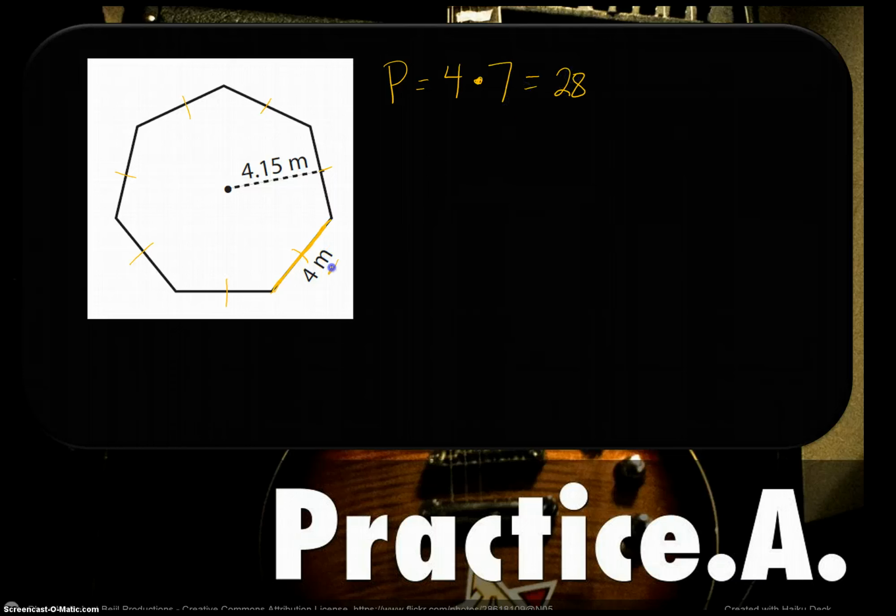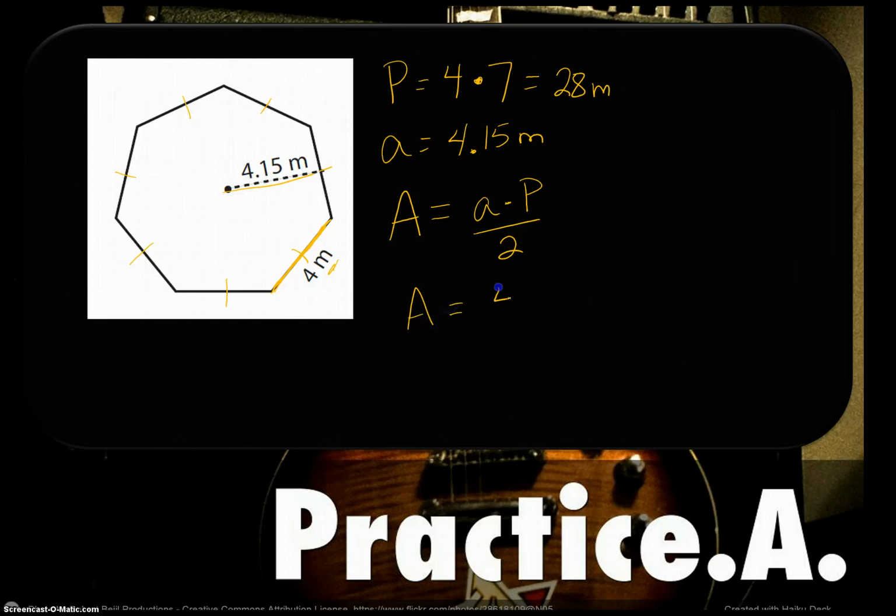And the units in this case is meters, so I'm going to label it with meters. I then take my apothem, and you can write this down if it helps you. The apothem is 4.15 meters, and the formula for the area of this shape is the apothem times the perimeter, divided by 2. So the area is the apothem of 4.15 multiplied by the perimeter of 28, and that product needs to then